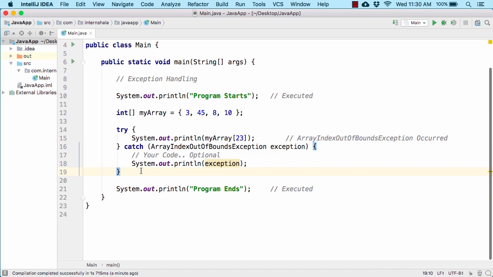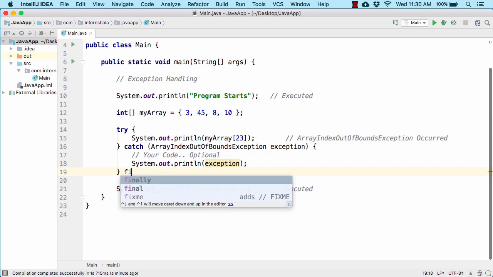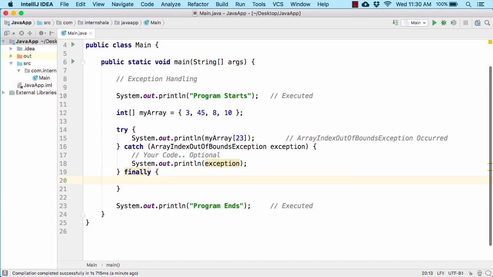Now, what if you have some important code that needs to be executed no matter if there is an error or not? For that, at the end of the catch block, let us use the finally keyword, then curly bracket open and close, and inside the block, let us write our own code. This code is again optional, but when you are writing the finally block, you intentionally mean to write some code here. I will use a simple print statement saying the finally block is always executed. Even if there is an error, this finally block will be executed, and even if there is no error, this finally block will also be executed.